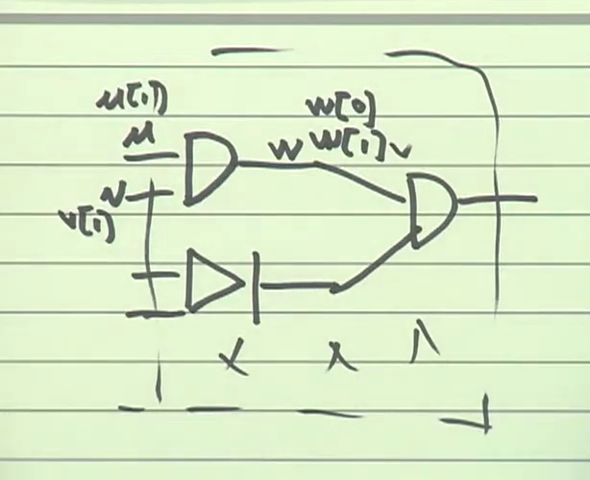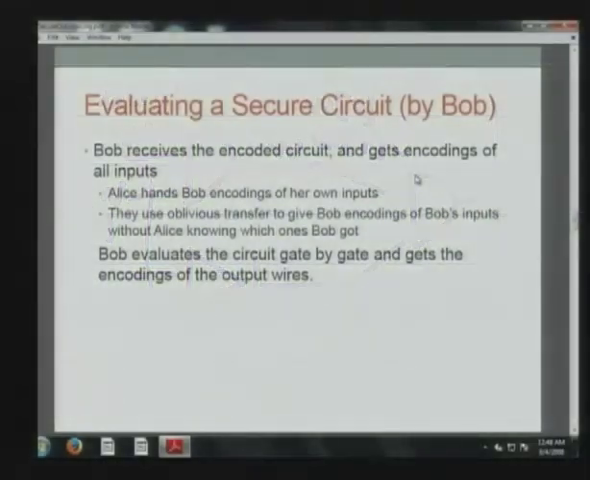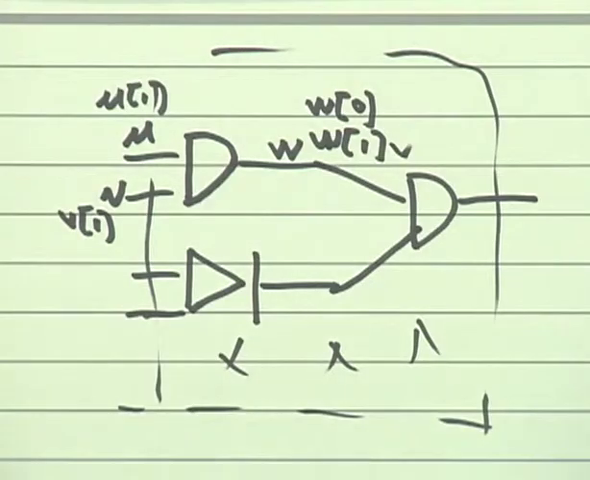So for Alice's input, Alice can just hand Bob the encoding of her own inputs, because the encoding of the inputs will not leak the real value. Bob does not know the encoding of each wire. So if you send Bob U1, Bob will not know if it's U1 or U0, because they are randomly chosen. Okay. But for Bob's input, they have to perform an oblivious transfer to give Bob the encodings of